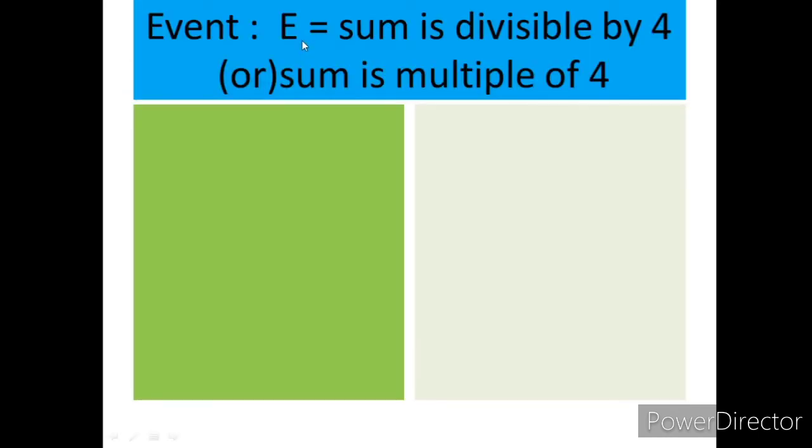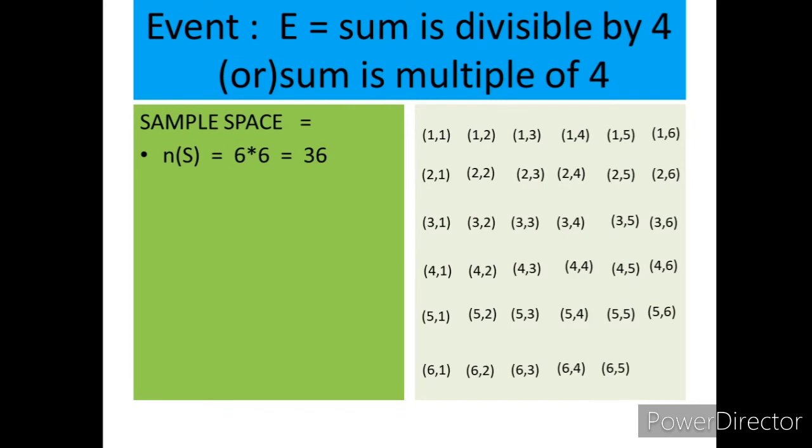From this slide onwards, I have written only events. Okay, the sum is divisible by 4 or the sum is a multiple of 4. So these give the same solution. Sum is divisible by 4 or sum is a multiple of 4. The numbers which are divisible by 4 are called multiples of 4, isn't it? Then write down the sample space n of s, write down all the 36 ordered pairs. Okay, then you have to